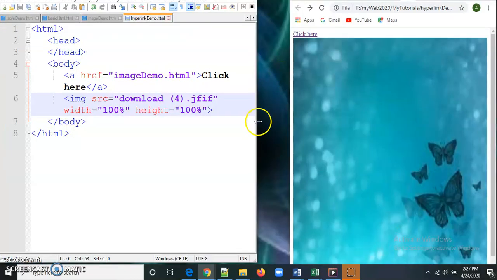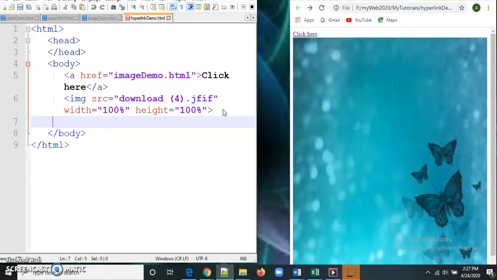Then what I want to show you is how we give links to a subsection of the same page.